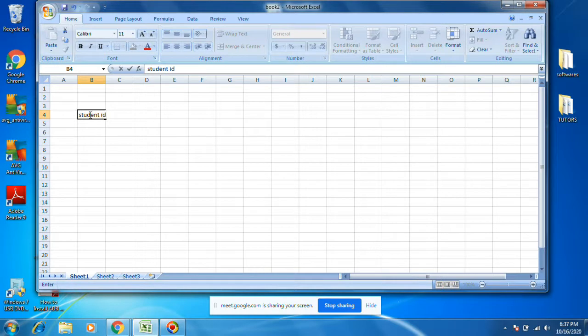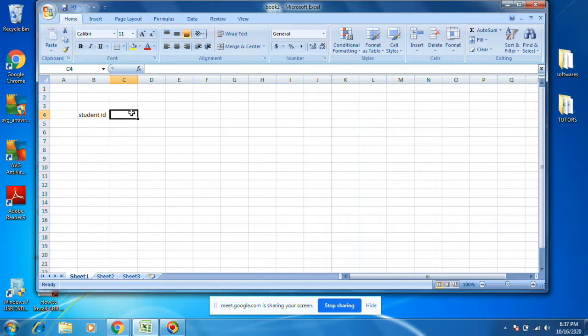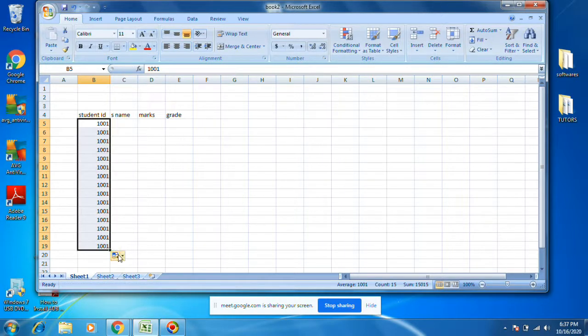Student ID, or S name. Instead of student, I will keep S name, student name, marks, grade. Student ID, let's start with fill series. It will come 1, 2, 3.